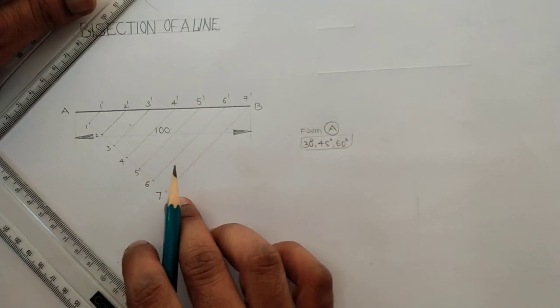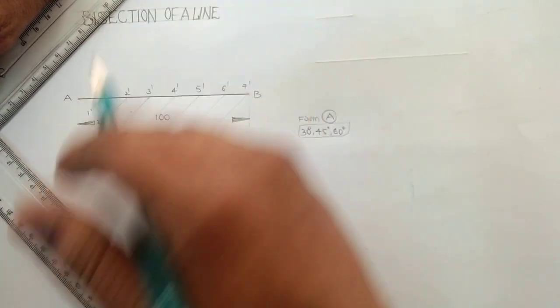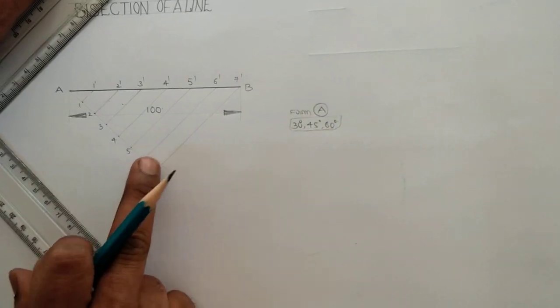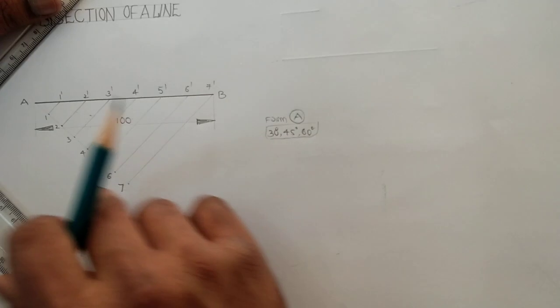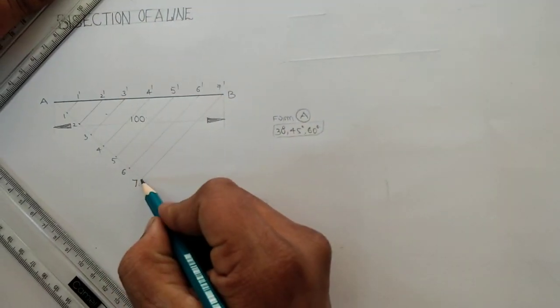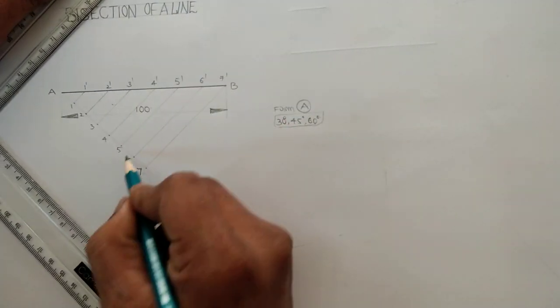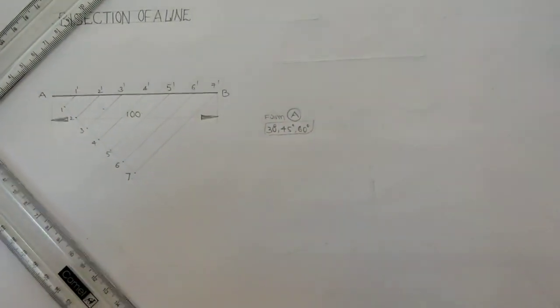And one more thing, we can do the same process either above the line or below the line. We have done it here below the line, but suppose there is no place below the line, you can do the same process above the line also. We can construct an inclined line, then mark 7 points on the same line, then join the last point to the last point, then construct the lines parallel to the 7B. The same procedure we can follow.